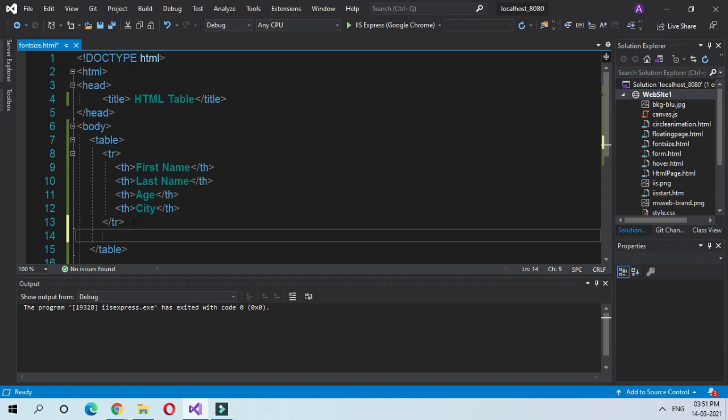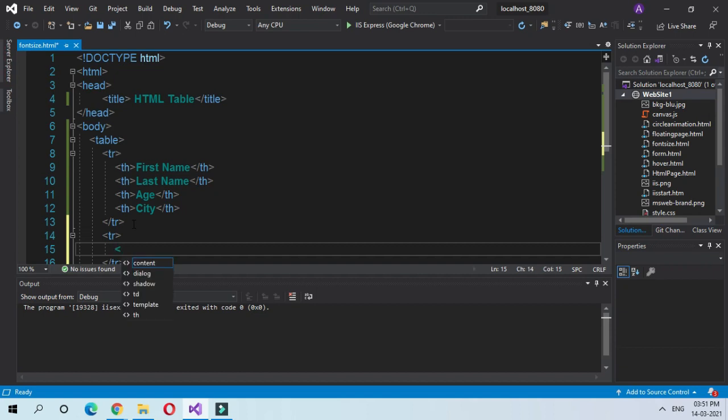Now we have to add data under these headings. For that we need another table row. This table row is for our first row, so let us give the table data with the tag td.